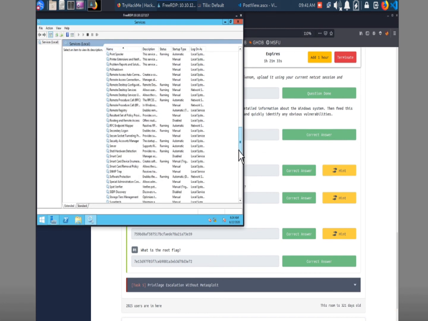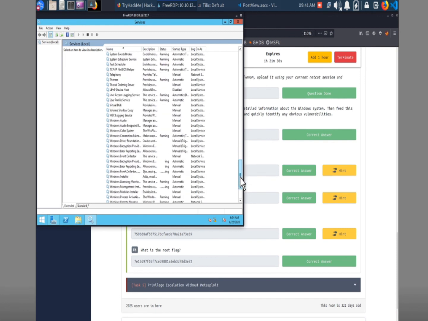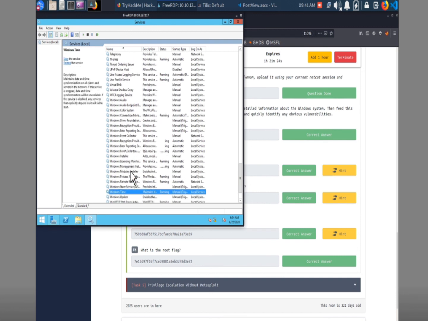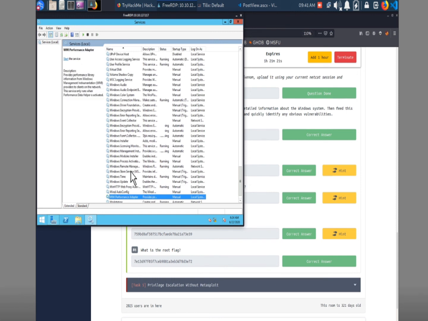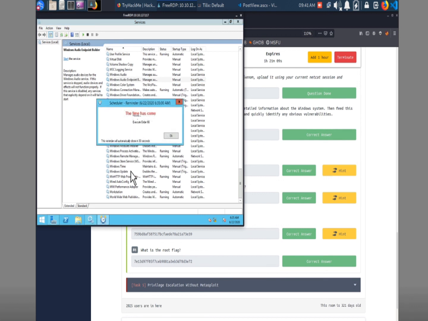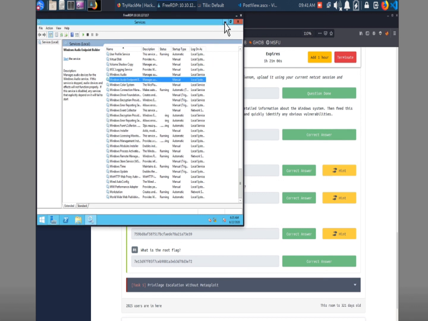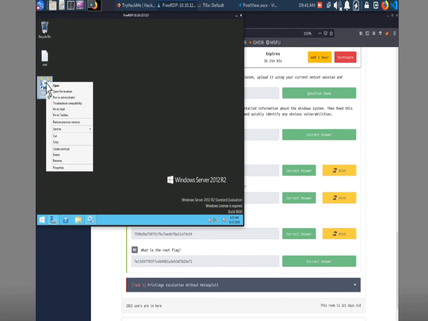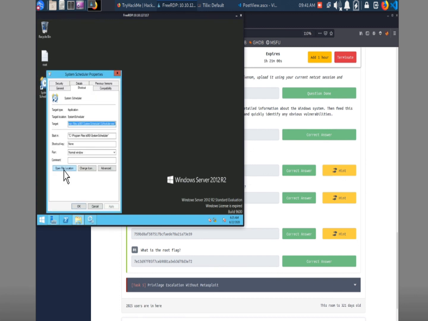Let's put it back in alphabetical order and find this thing. So we've got font, installer, process, time, auto config. Now, the name on the service is not always the same as what it's supposed to be. We do see that this thing keeps executing, and this is probably it. Yeah, so System Scheduler, we see that there's a scheduler.exe. If we go into this directory,